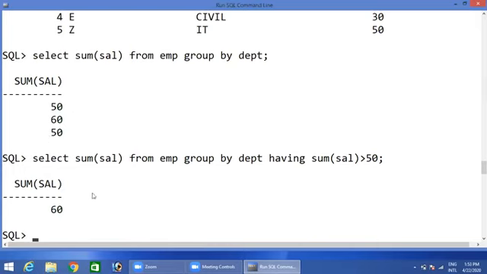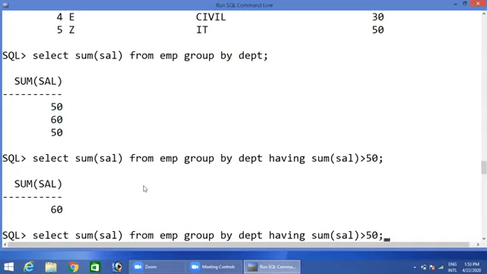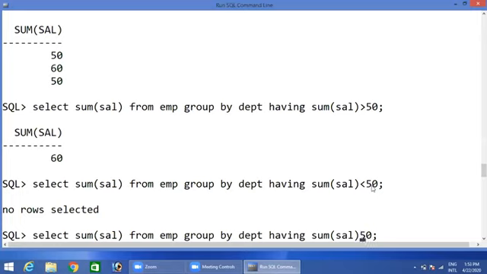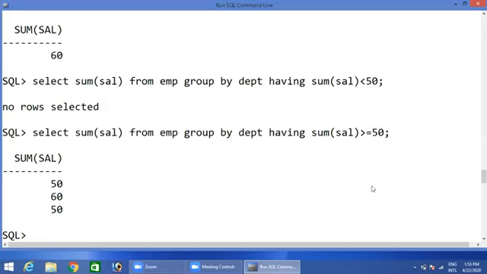So this is about having clause. Now if you want, you can change the result set. So no rows selected because it's less than 50. See, if you want all the records, you can use a condition like this. So hope you understand the order by, group by, having clause.